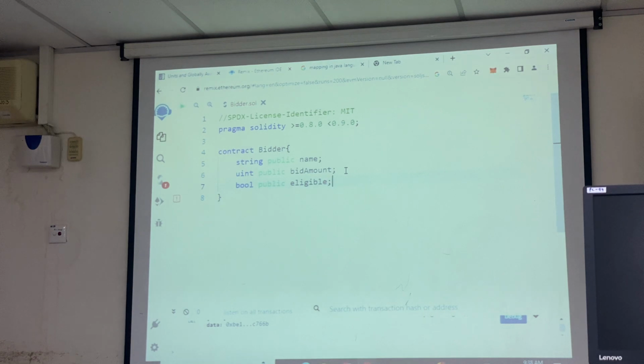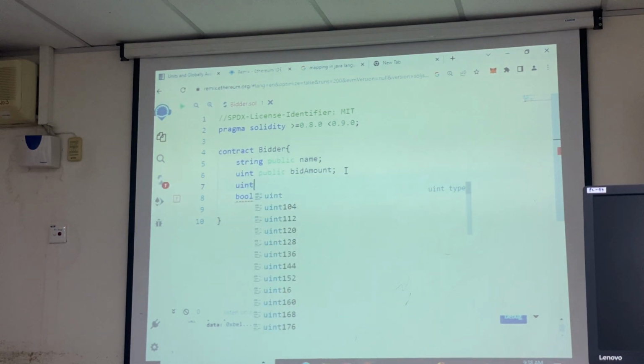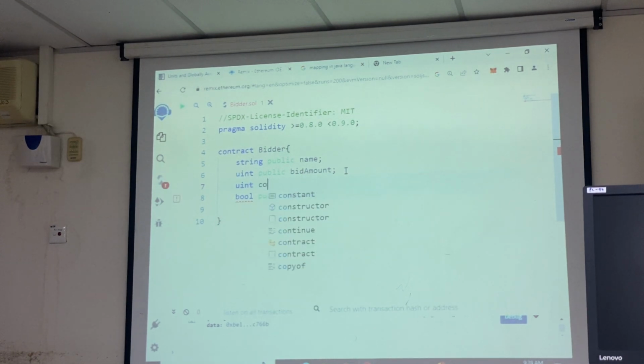whether the person is eligible or not to participate in the bidding process. After the bid amount, the next one is the unsigned integer constant. I make it public because I let the seller set the minimum bid amount that we want. So this is the minimum bid. You understand the variables used over here, but I also want to record down the